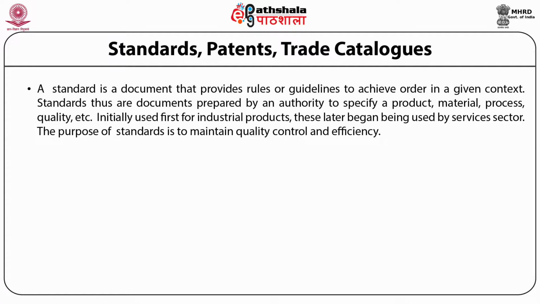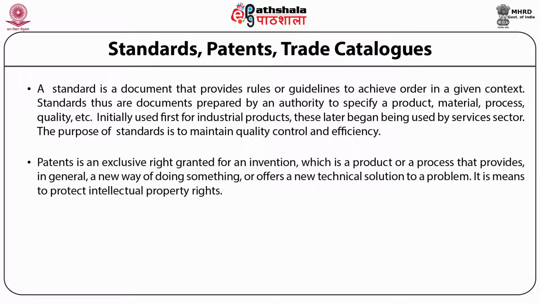Next are patents. A patent is an exclusive right granted for an invention, which is a product or a process that provides in a general way a new way of doing something or offers a new technical solution to a problem. It means to protect the intellectual property rights. Patents are considered a unique source of information for scientific and technical information because a granted patent gives the patentee exclusive rights over his or her invention, and he or she is able to try to stop anyone who